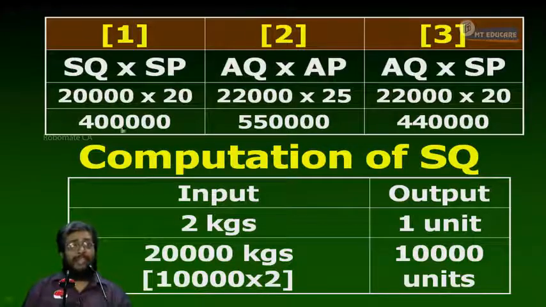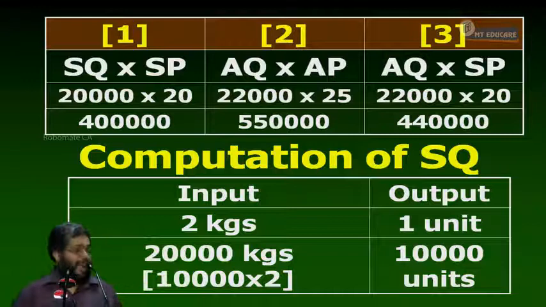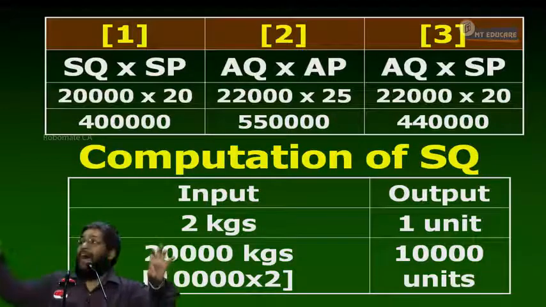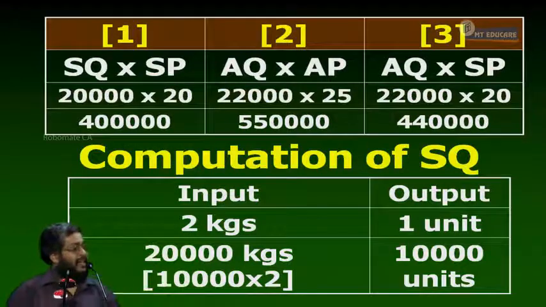So, the difference in quantity only is the mistake of the production manager, and it should be valued only at the standard price of 20. If I use an actual price, it may be more or less, and more or less is only due to the purchase manager's efficiency or inefficiency. When I evaluate the production manager, I cannot bring in the purchase manager's efficiency or inefficiency. Hence I use the standard price. Point number 1. Everybody follow what I am saying?